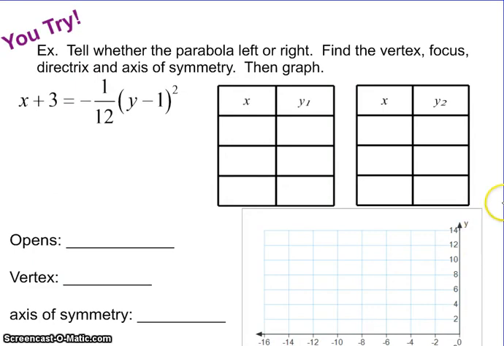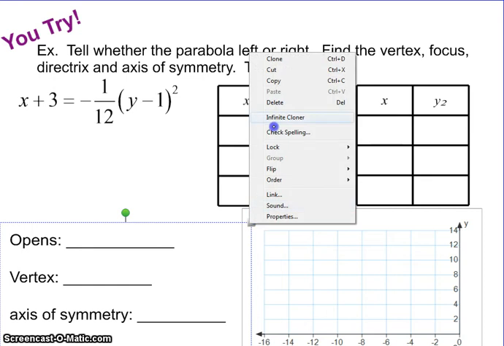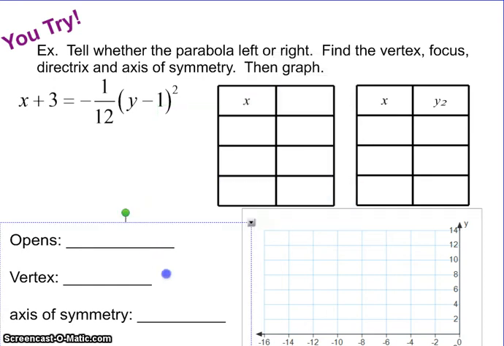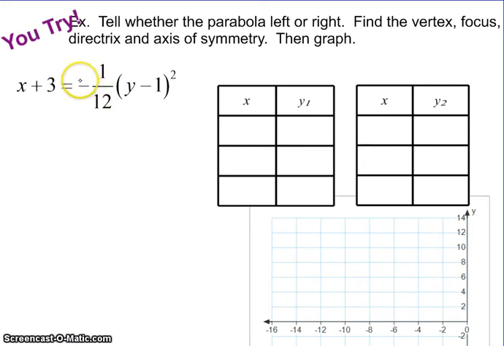All right, so let's do another example. If you'd like to, go ahead and pause and try it. Otherwise, if you need another example, you can just watch me. So I'm going to delete this information and get that out of the way. All right, the first thing I want to do is get rid of the -1/12. So if I multiply both sides by -12,